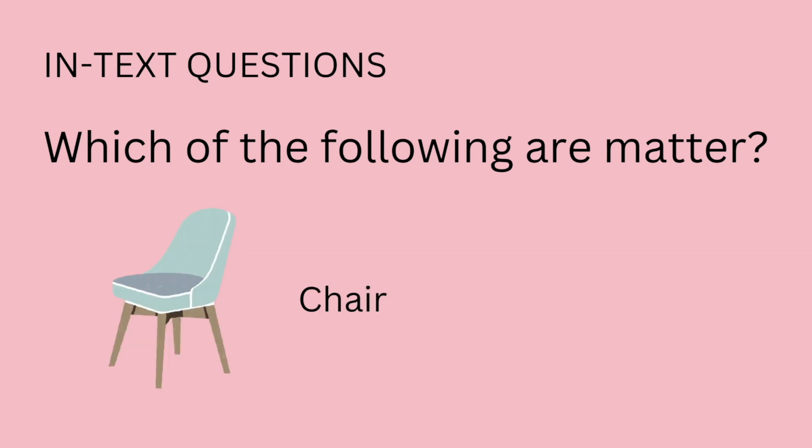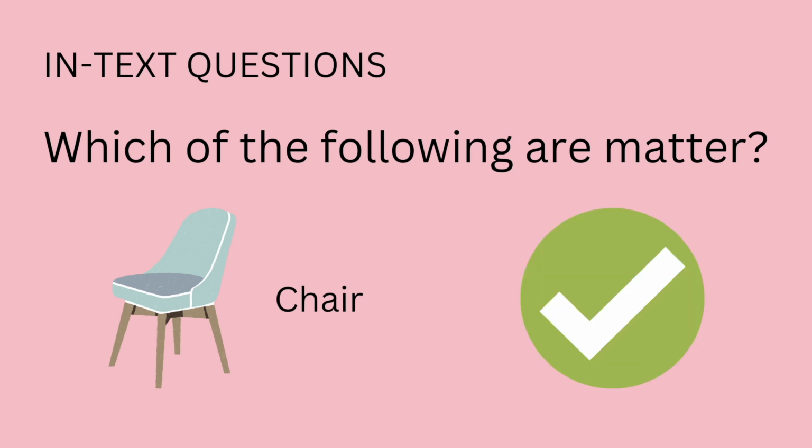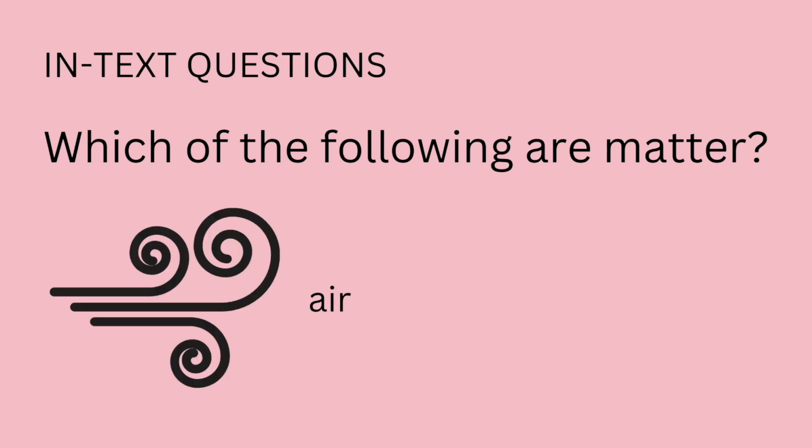The first thing is chair. You would probably have seen already, if you haven't, please go and watch it, that the thing that defines matter is that if something occupies space and has mass, if it has volume and mass, you call it matter. A chair definitely occupies some space in a room, so it obviously has some volume, and when you try to lift it, you can feel its weight, so it obviously has some mass as well. So since a chair has both volume and mass, you can say that it is matter. So chair is matter.